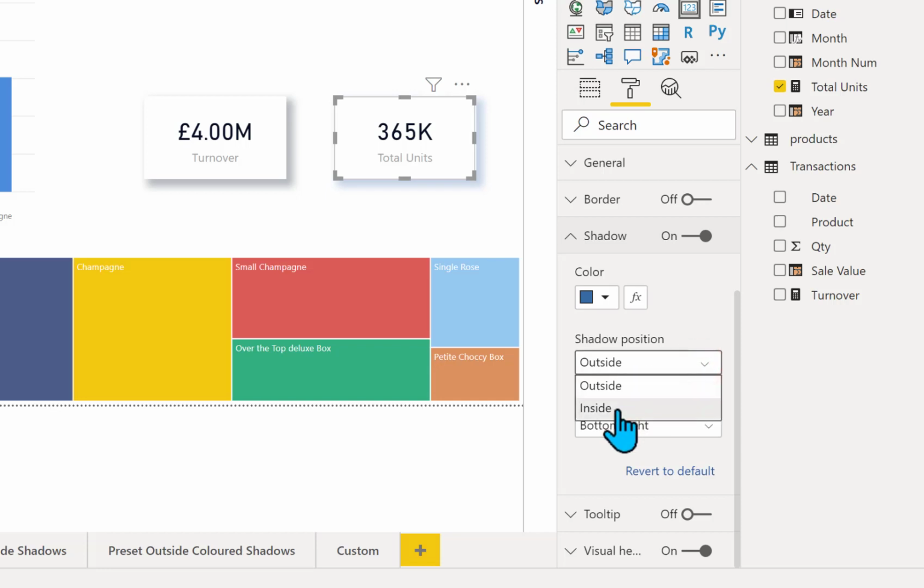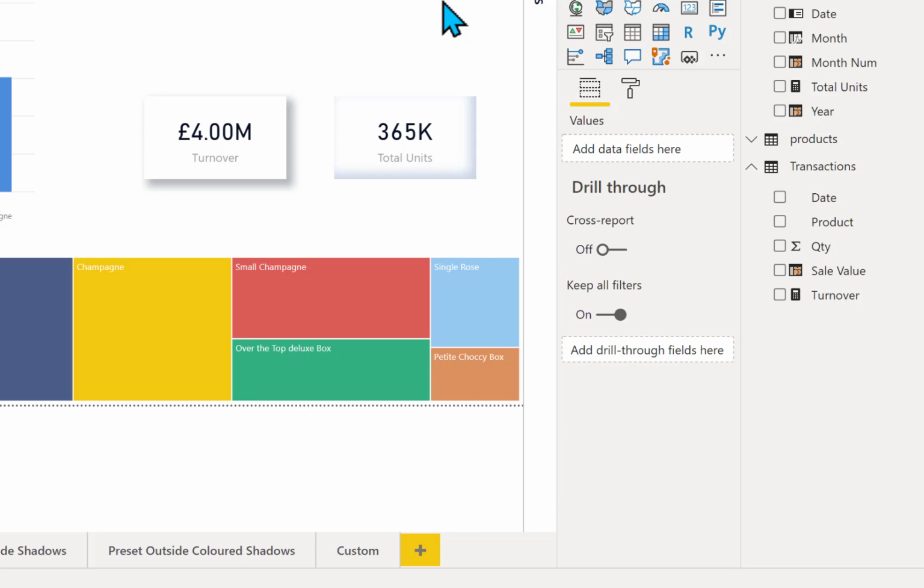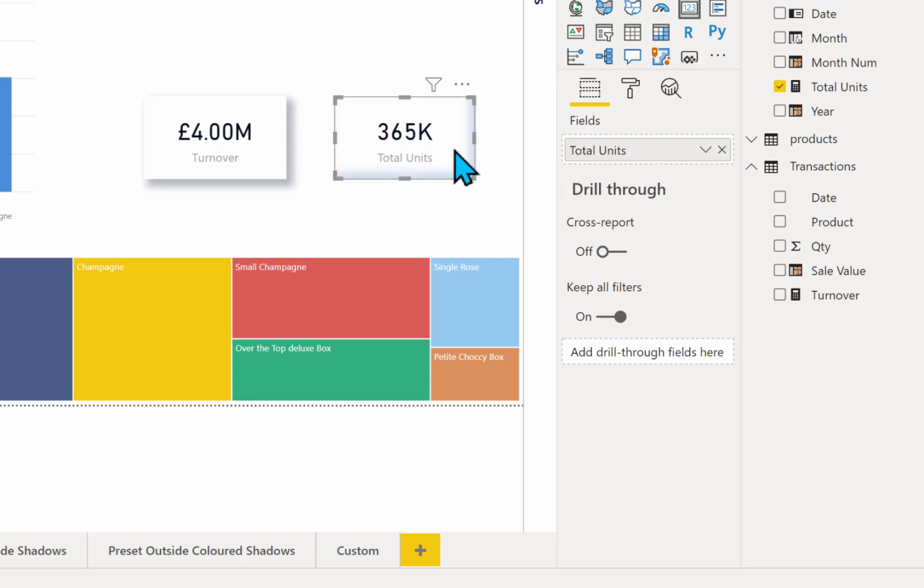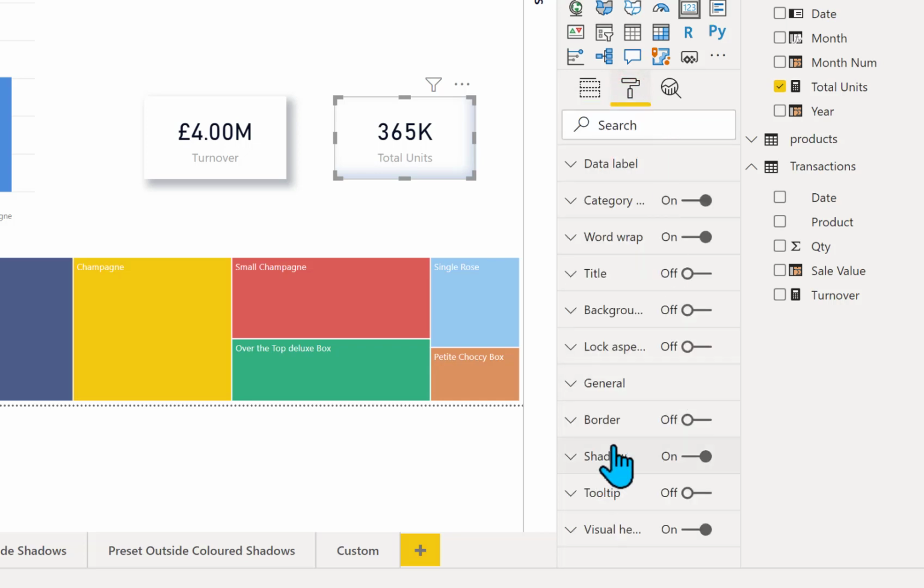Now inside is quite an interesting effect. Okay, let me just show you that without it selected. So that's a completely different look to the one next to it. And we can also choose which direction that shadow is going to go. So let me just quickly show you how you change that. So under shadow,